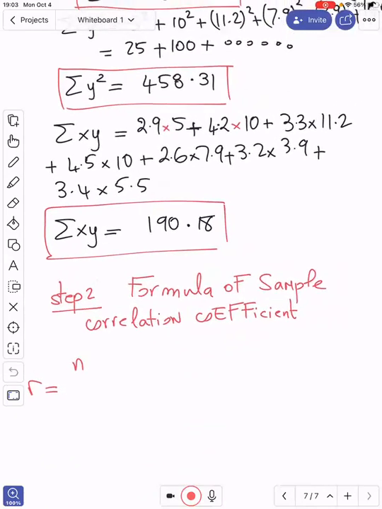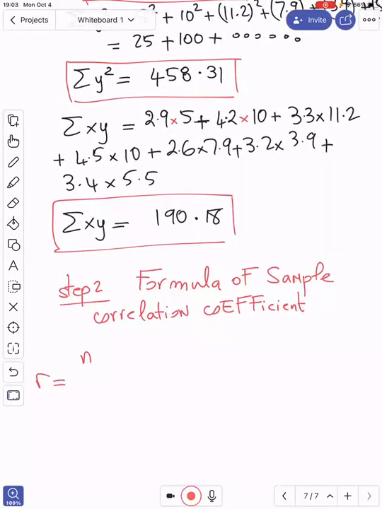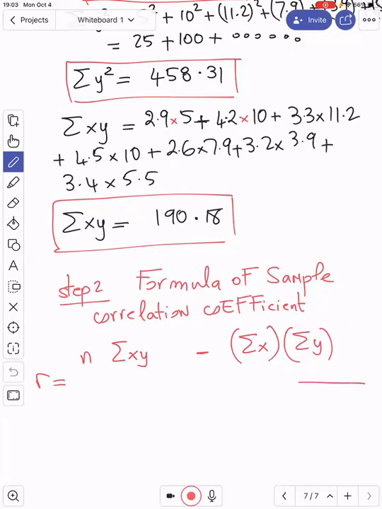So it's N times the sum of X, Y, minus the sum of the X's times the sum of the Y's, over, so this whole thing divided by,